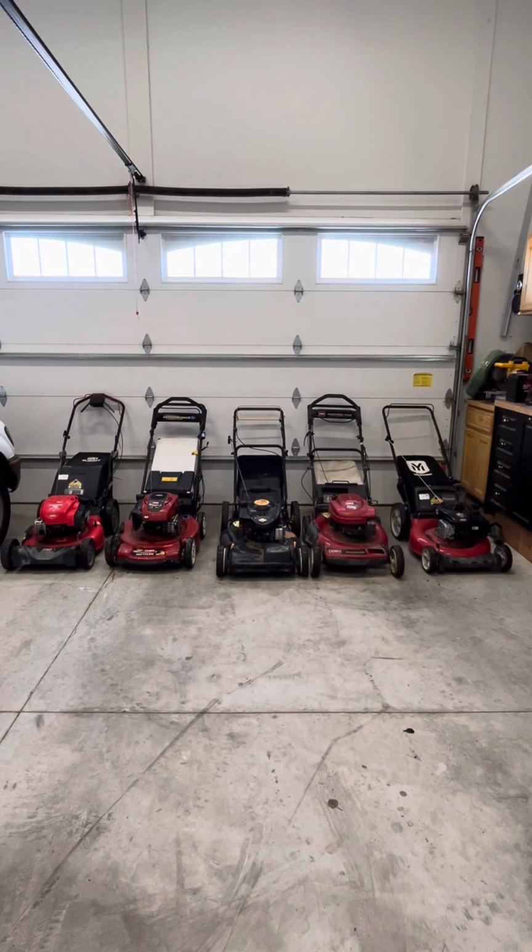Today I'm going to show you what to look for when you're going to purchase a lawnmower so that you get a quality machine. Got a bunch of mowers here, all different kinds of brands. I got Craftsman, Toro, Pullin Pro, Yard Machines. So first thing that I do when I'm looking for a lawnmower, which you should do, is look at the